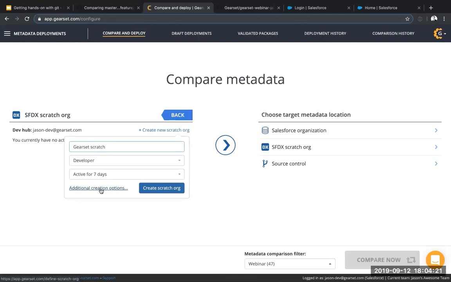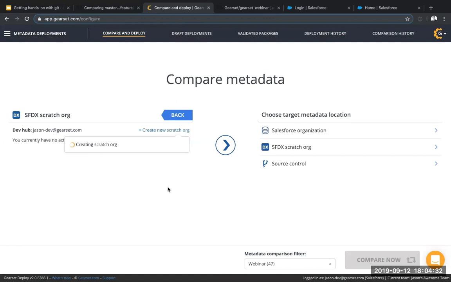All right, I'm back. So yes, you can use the simple creation menu, or you can define the full options there, and you can actually use Gearset then to define and create your org definition file for you. I'm just going to use these basic ones. I'm going to click create scratch org, and what Gearset's going to do behind the scenes is run pretty much